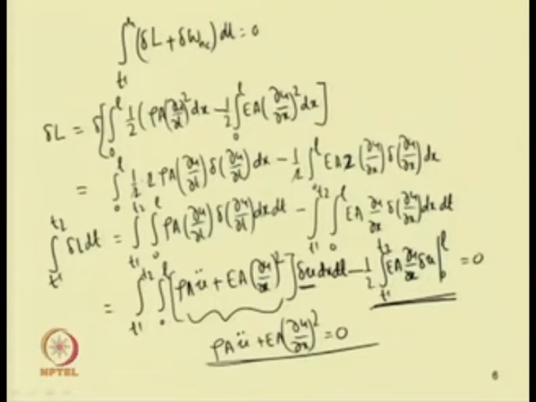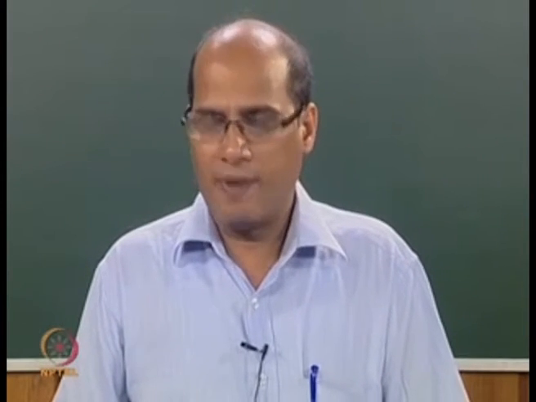That means u will be 0, or del u by del x will be 0, at either x equal to 0 or L. So, in this way one can derive the equation of motion for the longitudinal vibration of a beam. To be more precise, let us